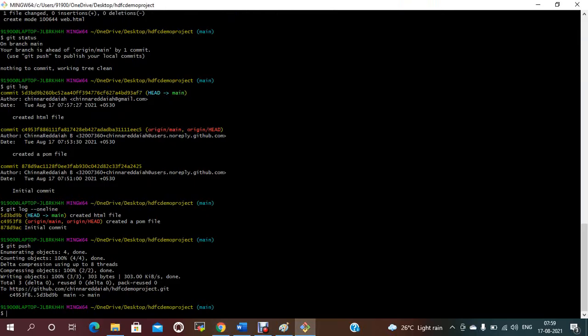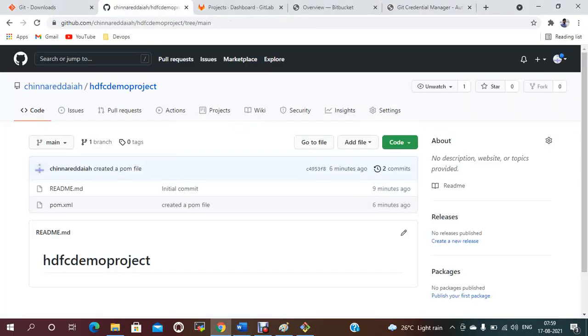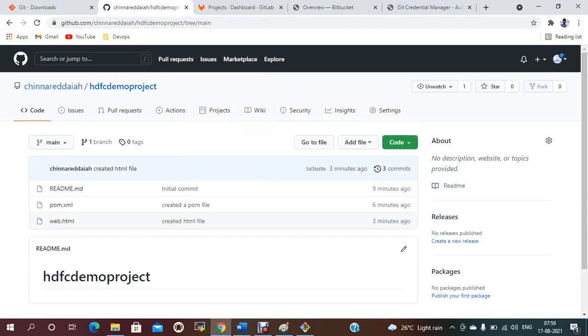Now this is done. So now GitHub HDFC project. If you go here to HDFC and refresh now, the file should be created.